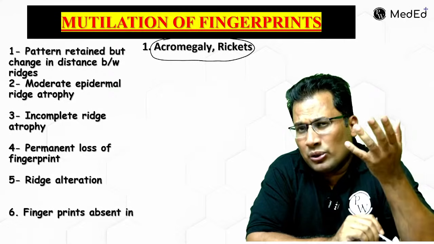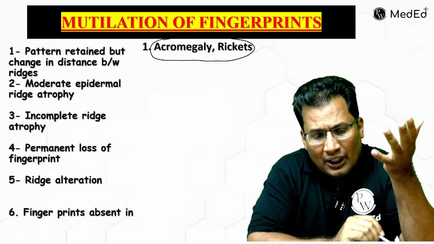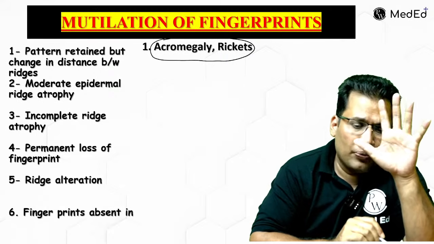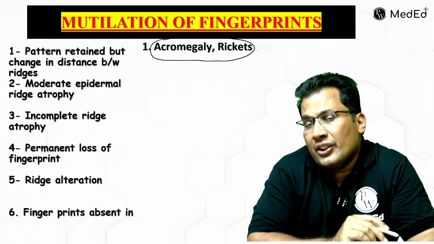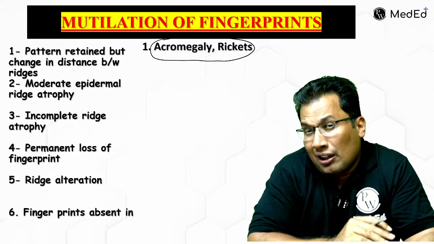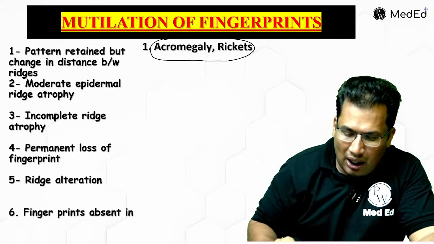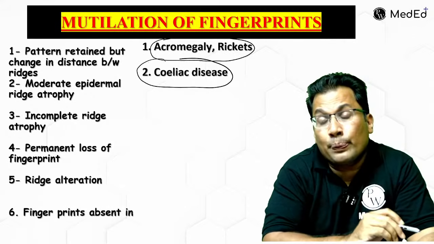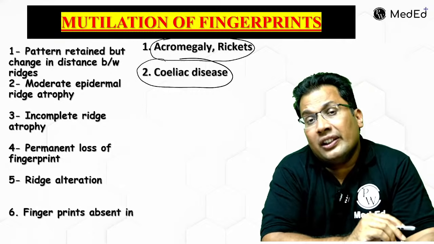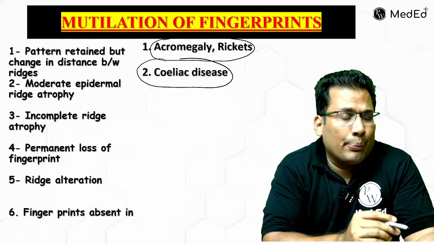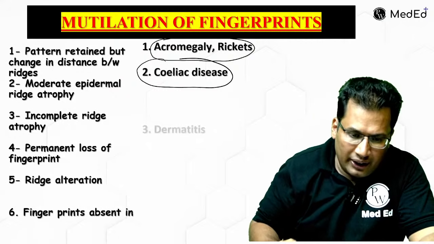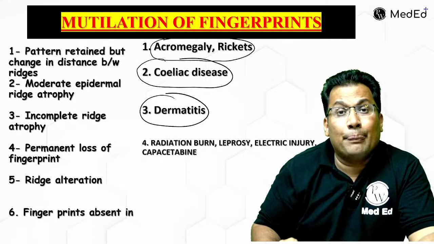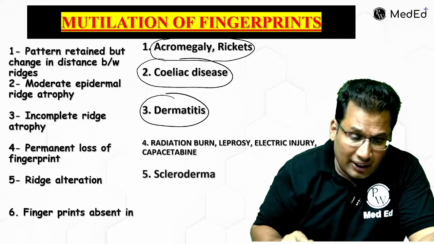Acromegaly is excessive secretion of growth hormone, which leads to normal pattern but increased distance. Rickets is basically deficiency of parathormone or vitamin D. Or moderate epidermal ridge atrophy in celiac disease, celiac sprue, hypersensitivity to certain food substances, for example gluten, and incomplete dermatitis. Permanent loss: radiation, leprosy, electric injury, and capecitabine. Ridge alteration: